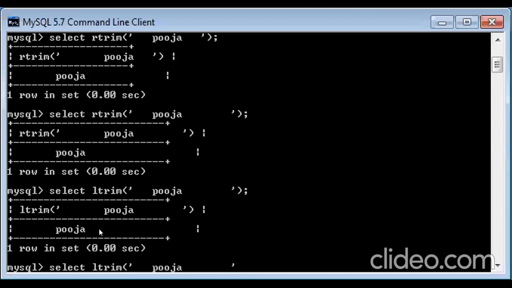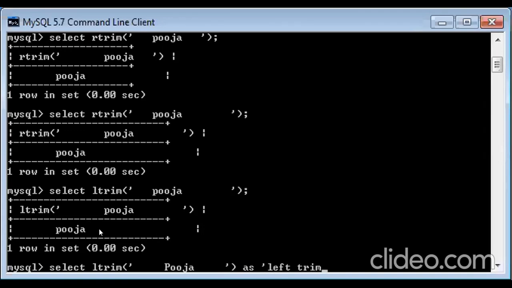Let's rename it. Oh, sorry. I wanted space and I wanted this. Oh, what did I do? What did I want? I want the column name as, what should I write?